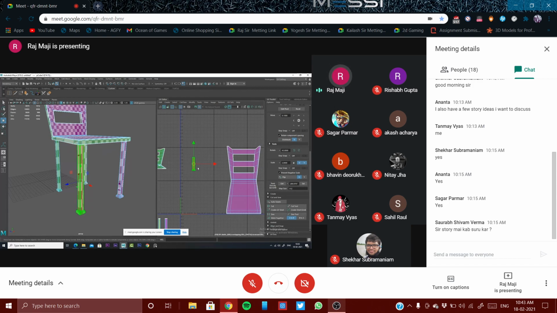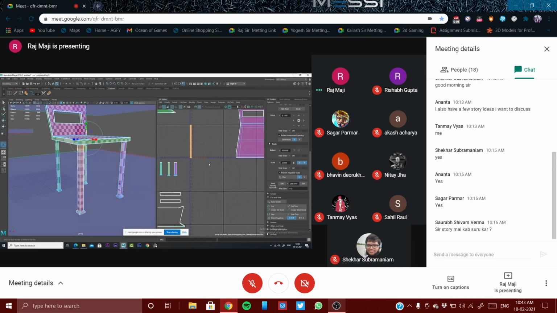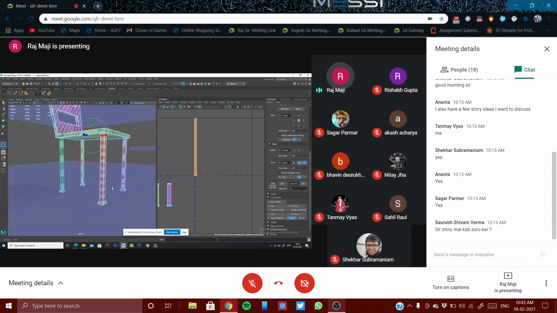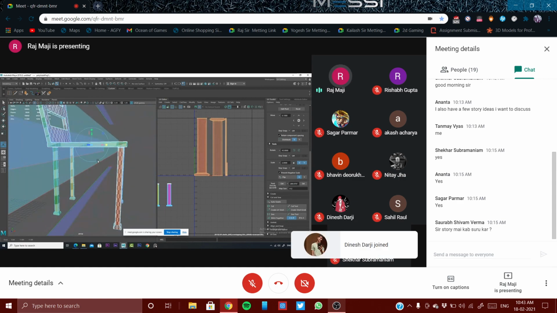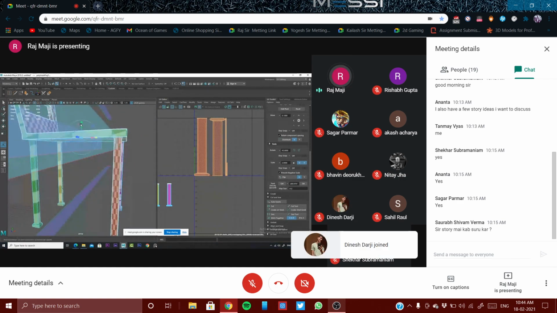So in the legs, what we are going to do first, we'll try, like in the table also, we have seen automatic mapping worked for us. So in this case also, I'm doing automatic mapping, and that's good. We have got only 5 visuals, and that's absolutely fine. Let us check the scaling of it first. Okay, so it's looking like this.